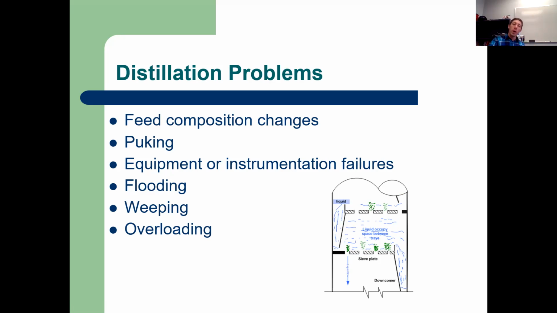Okay, the opposite of that is flooding. When we have so much liquid going down really quickly, and it just goes straight down and overwhelms the column as well, okay? We want the liquid to go down the downcomers nice and slow, sit on the trays, okay, go through, go down. But if we end up overloading this too much with liquid, we end up flooding the column,